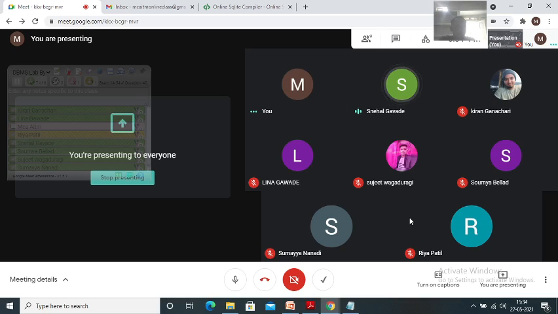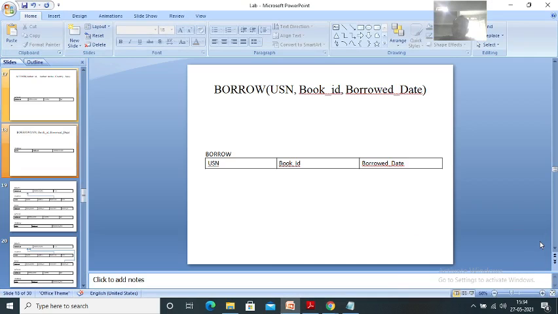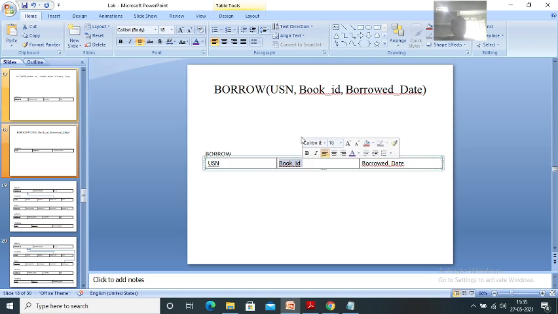USN. Okay, see here now, let me clarify it. In this table there is no doubt USN is a foreign key and book ID is a foreign key, because book ID is a primary key of the book table and USN is a primary key of the student table.